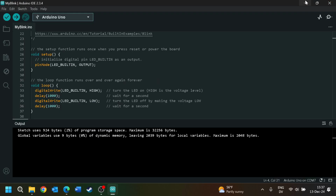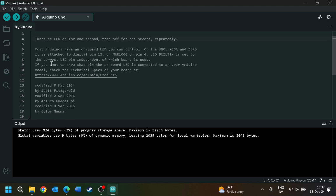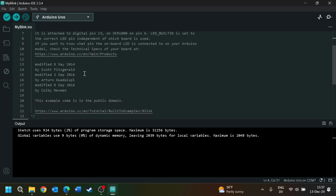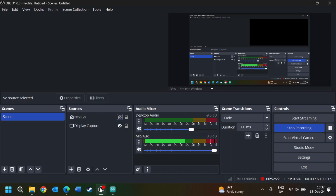And I can look through the code. I can kind of explain what's going on. All this is just comments letting you know stuff about the code, who wrote it, what it's supposed to do, right? So on the Uno, the Mega, the Zero, it's attached to digital pin 13. That means that the LED is attached on the board to pin 13. Now, the interesting thing about this, right,